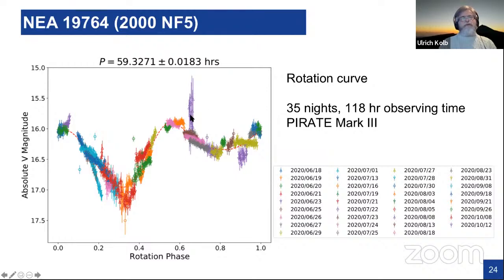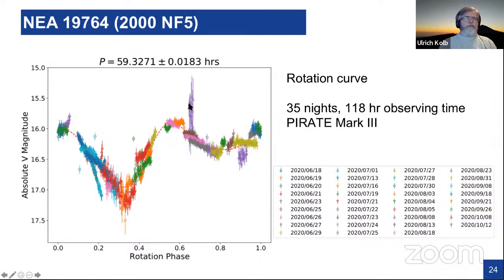It is quite likely that in this data set, for instance, the calibration of the V magnitude didn't work as well, and this is the most likely explanation here, because as you can see, there are not as many data points, so this was a night where conditions probably allowed only a few data to be taken, as opposed to the much longer data set where the zero points have been determined much more